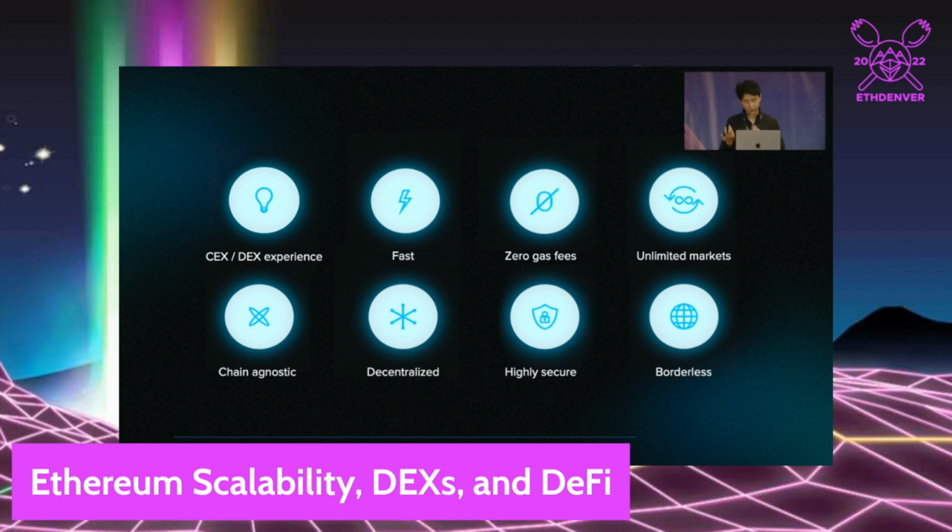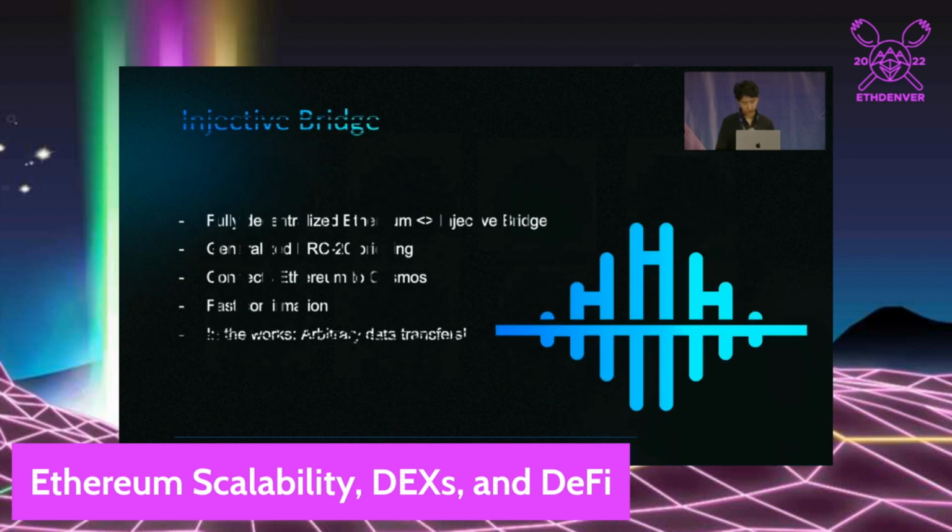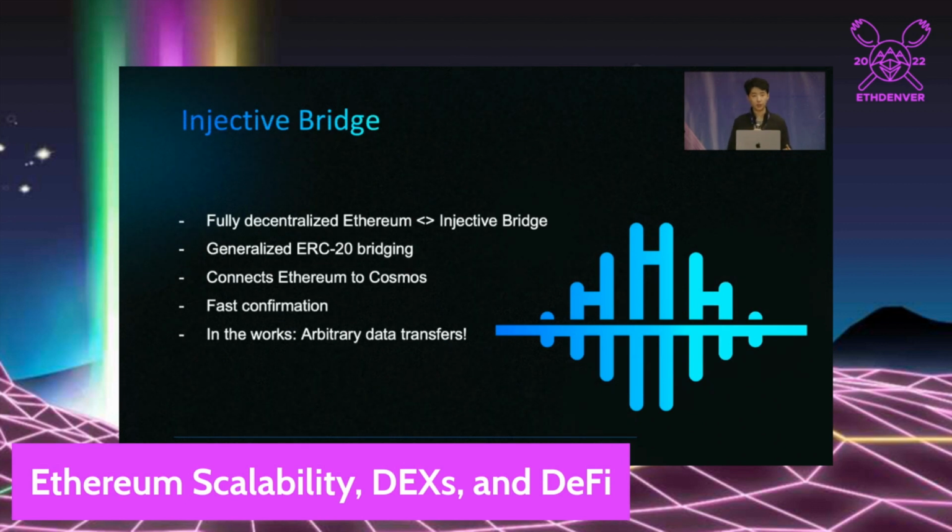And it's fast, with low gas fees for a general user, obviously unlimited markets because it's permissionless, and it has a chain agnostic stance in general. So from the protocol layer, the most important part here is that while Injective has that bridge layer that supports any type of arbitrary ERC20 with IBC plus more, it can also support any type of chain without actually worrying about any type of mismatch and so forth. And obviously, as a blockchain, it's supposed to be decentralized, secure, and borderless. Yeah, and I just mentioned the Injective bridge.